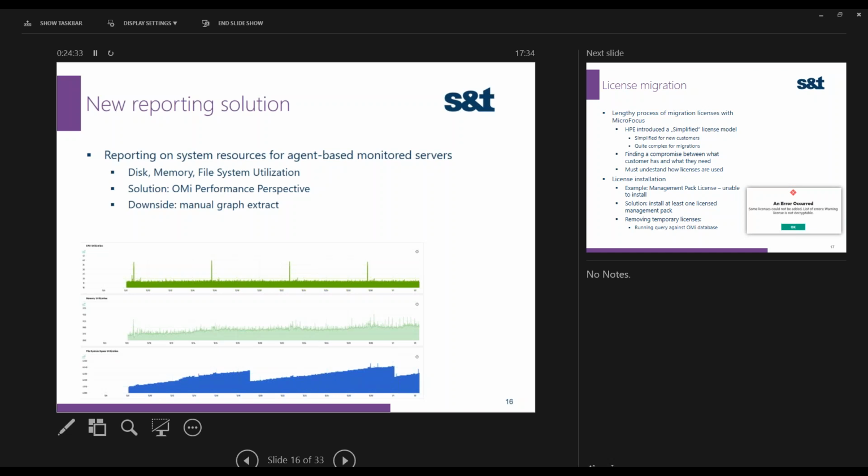So this was something which was just a no-go from the start for this customer, because they had a very simple requirement for reporting. They liked the old reporter. It was lightweight. It created simple HTML files. It was working great. It used next to nothing of system resources, and we just needed to report on disk, memory and file system utilization for